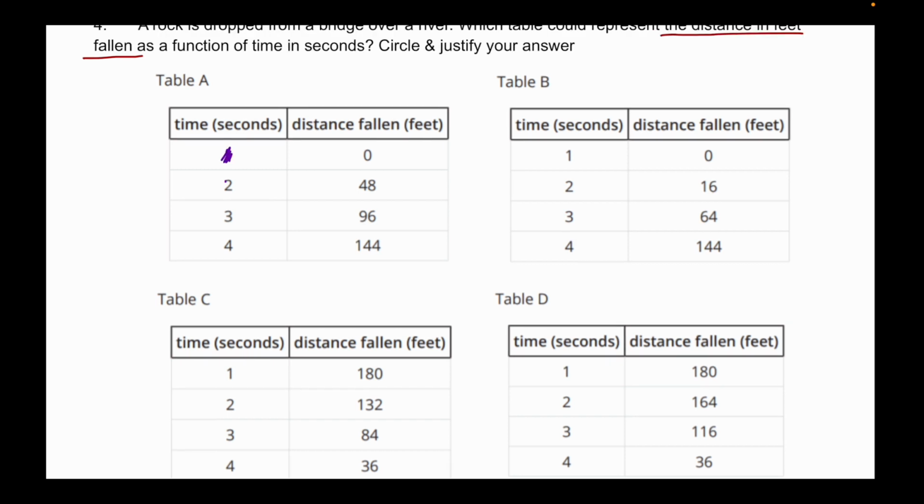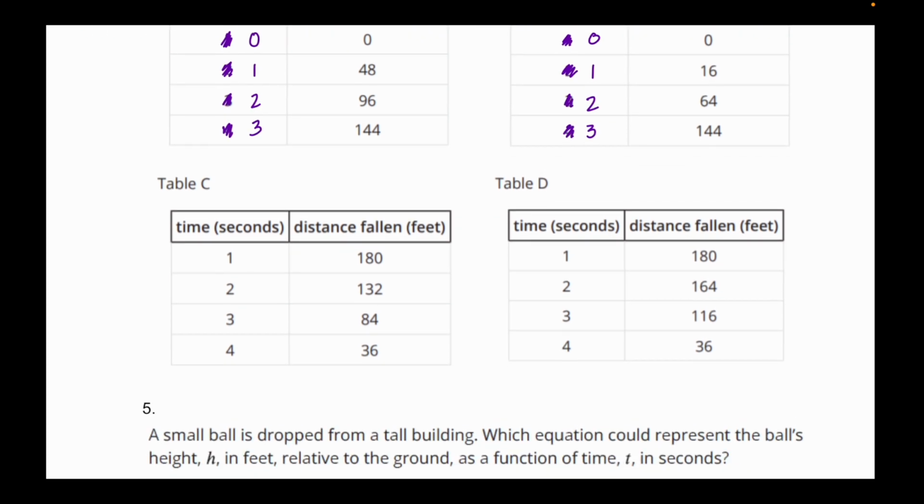So instead of being 1, 2, 3, and 4, for each of these, you can imagine this is 0, 1, 2, and 3, and same goes for the tables down here. If we're starting at 180 feet, that should be at 0 seconds. So after we fix that up,